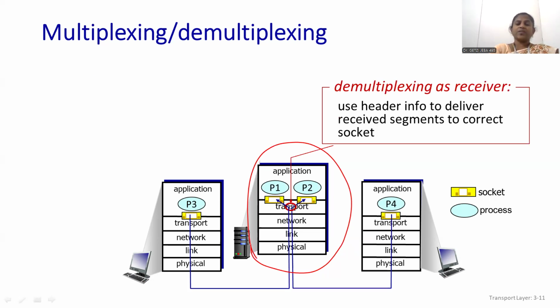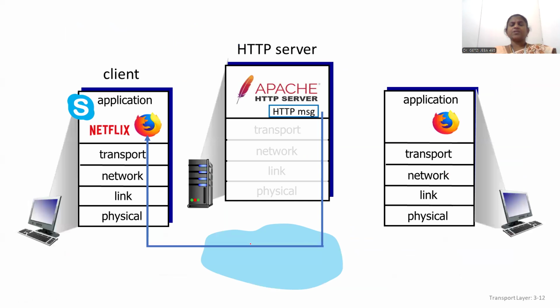Okay, so now when the data is received here at the transport layer, the transport layer exactly identifies, oh, this is a message with the port numbers. It will identify this is a message that I should give to this application. This is a message that I should give to this application. So when you talk about multiplexing and demultiplexing, we can have an analogy,